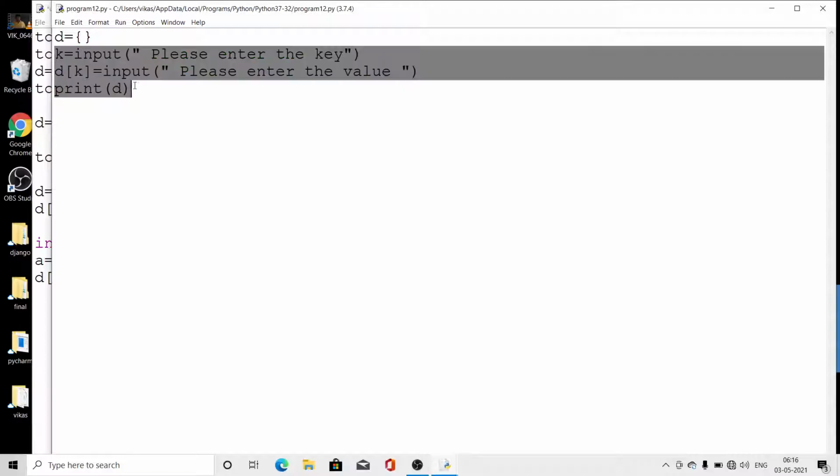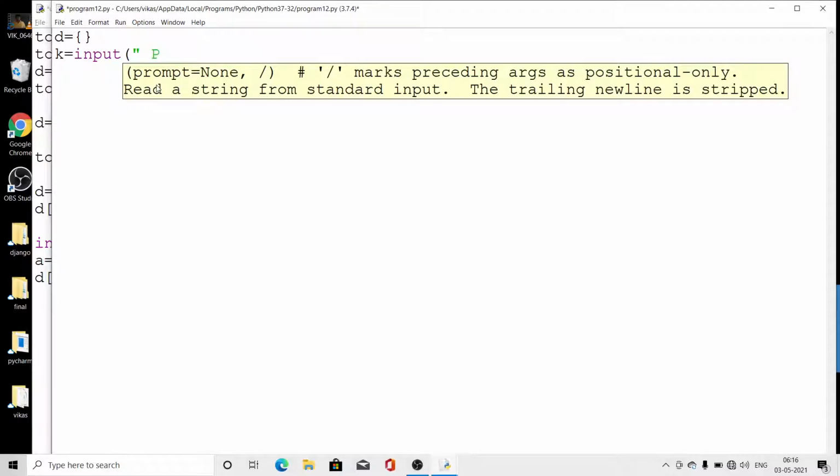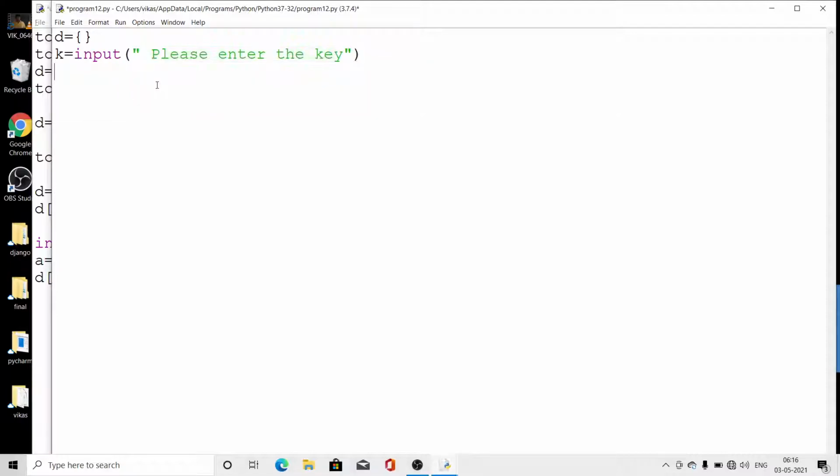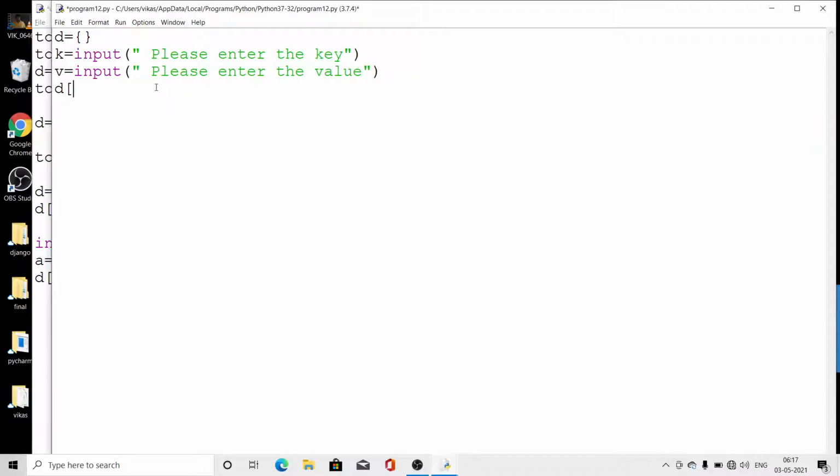Otherwise you can do it like this: key is equal to input, "please enter the key", and then value is equal to input, "please enter the value", and then D of K is equal to V, and then write print D. You can adopt both methods, whichever you want to use in your program.